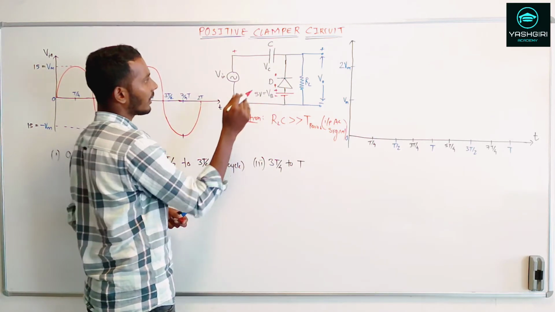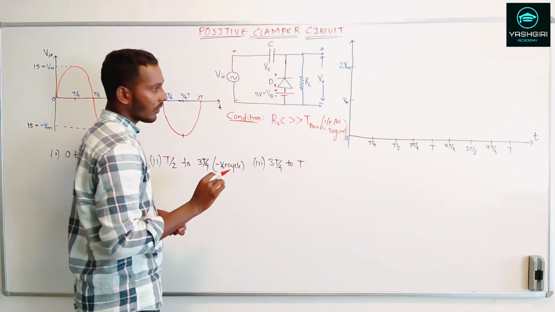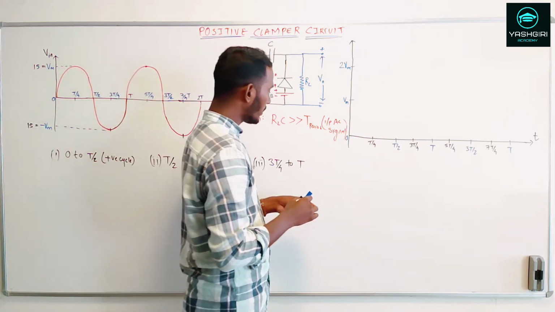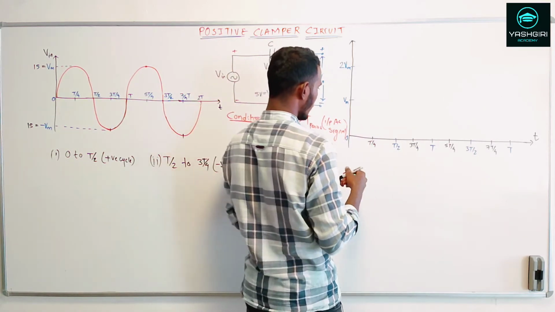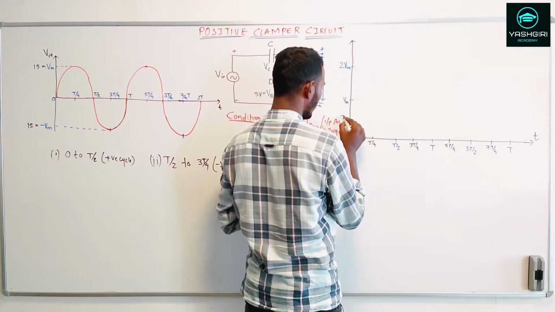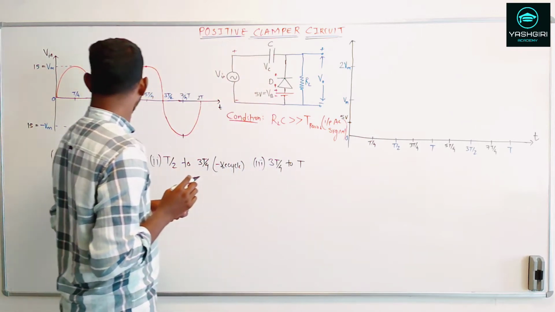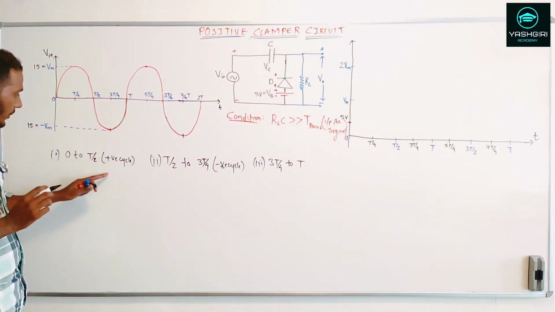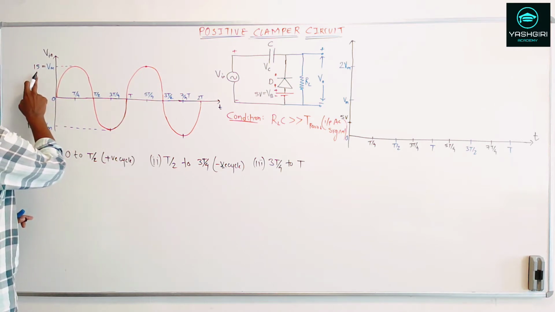So we have to overcome that voltage, right? Then only the diode D will go into the off state. So here let me show the 5 volts on this. So let this be my 5 volts over here. Alright, now from 0 to T by 2, what I can say is that once this signal comes,